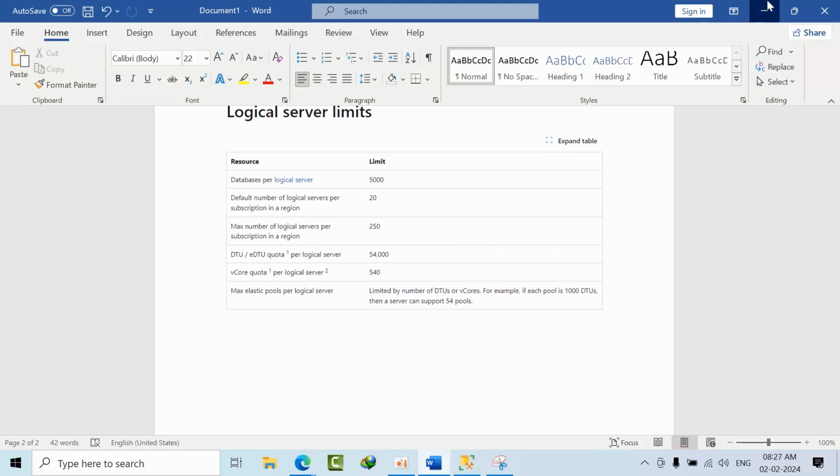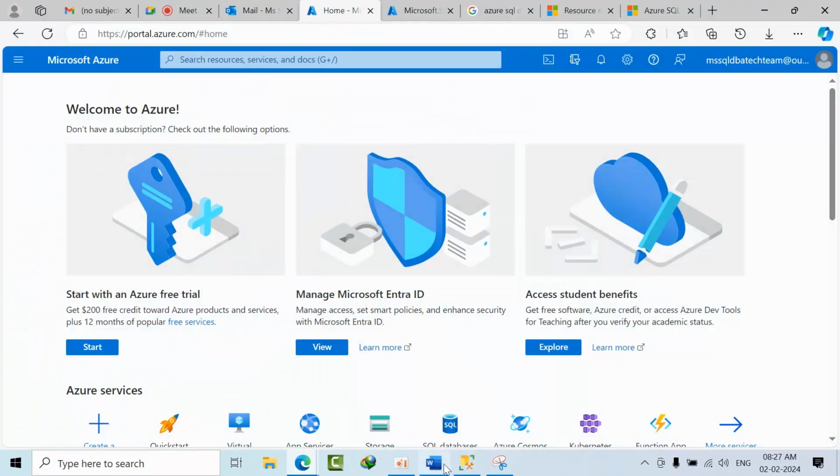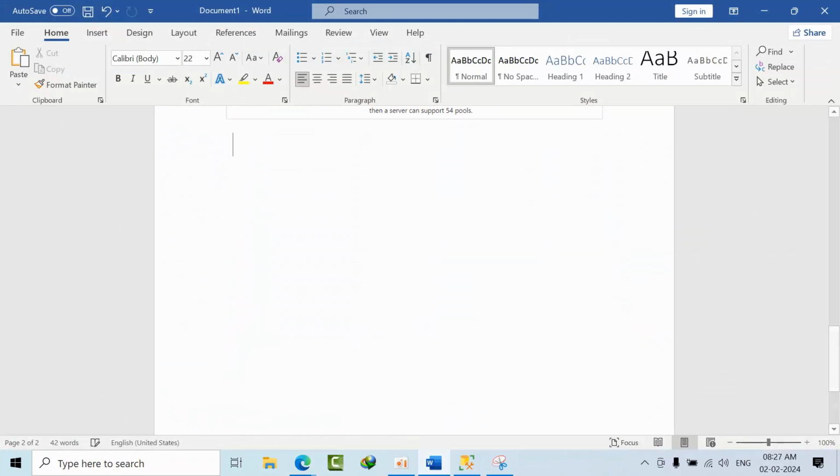Okay, now we know how many logical servers we have. Now you tell me, for on-prem SQL Server, if I want to purchase, what is the main thing that Microsoft is going to consider for the license? Is it memory, hard disk, or CPU? Which one is it? Anyone please? CPU, right? So however many cores we have, that many licenses we have to purchase.